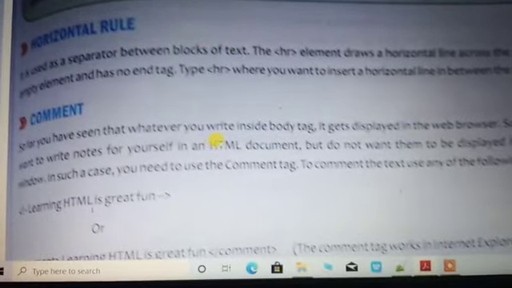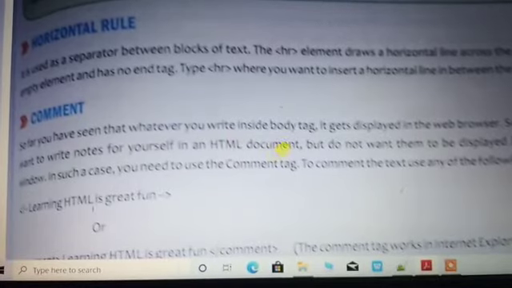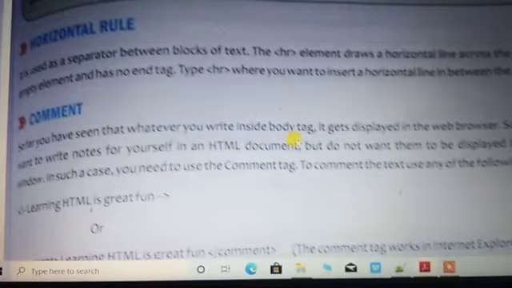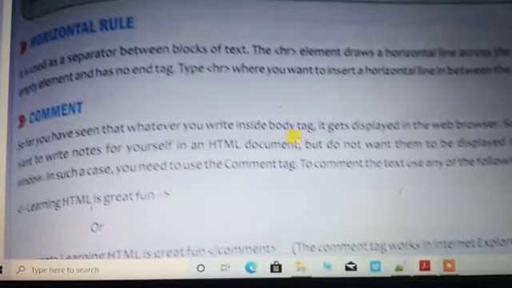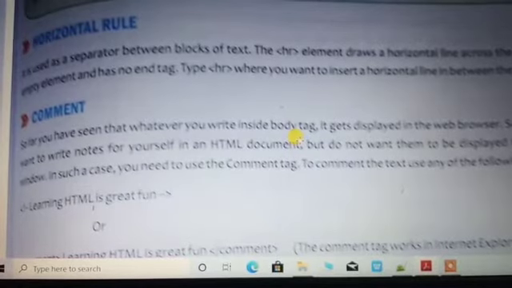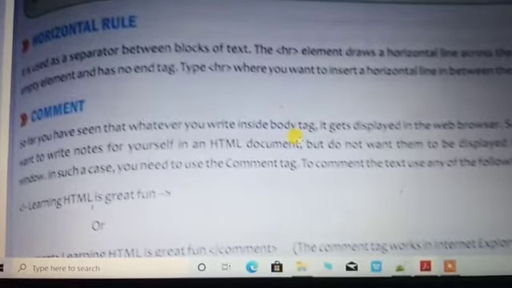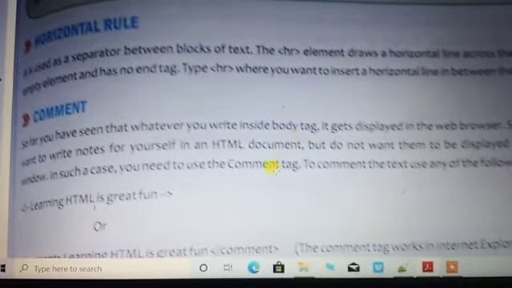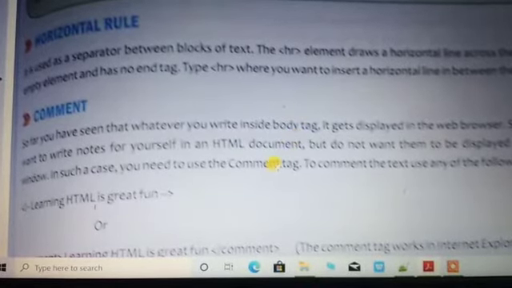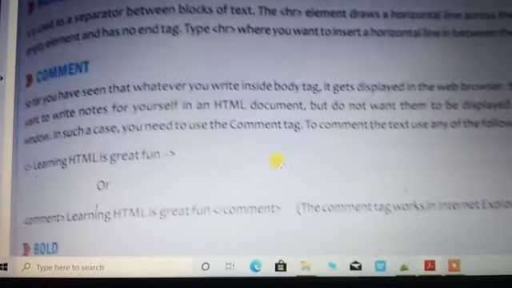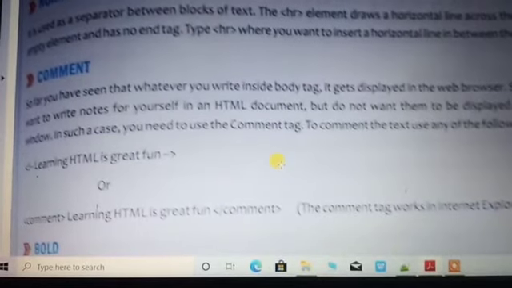After that, you can find out the comment. What is a comment? Whatever you define under the comment tag is not going to be displayed onto the web page. It is not part of the web page. It is just for your understanding purpose. What the program is actually about, you can define under the comment tag, and the comment part is not displayed onto the web page. The comment can be defined in two ways.